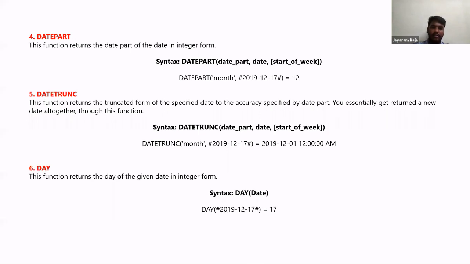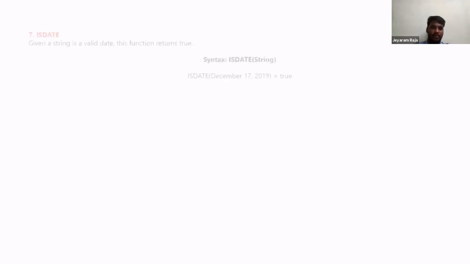Sometimes by default, if we pull the date and put it in either rows or columns, we will get the year. In order to avoid that, if you are particular about the day, you can use the function day. Within the brackets you can mention the field you want, like order date or ship date. So it directly comes as day rather than the year, which is shown by default in Tableau.